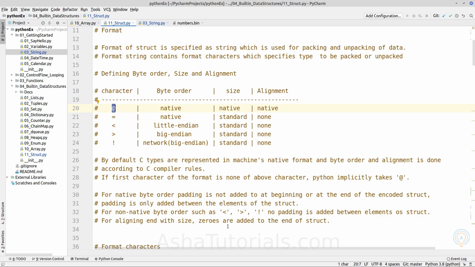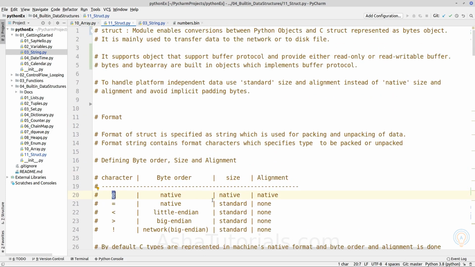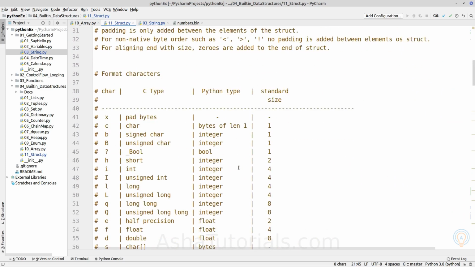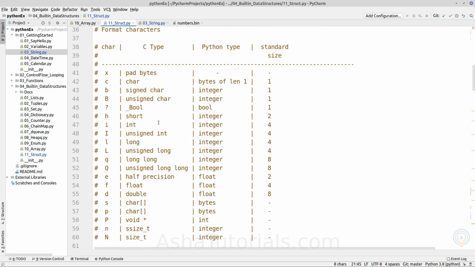We will see this with an example. And for the format of a struct specified in the string, use standard size and alignment if you want to convert in a platform independent manner.